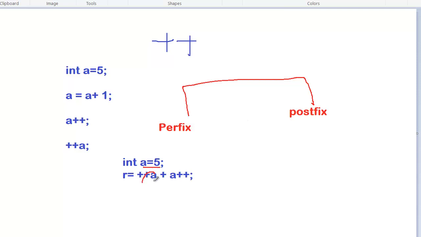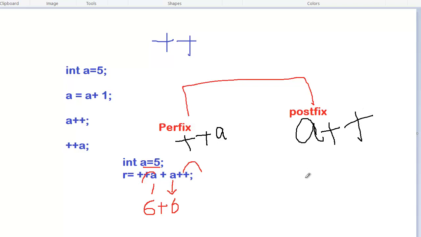First it increased to a, that changes to 6, so its value is now 6. Now it will give 6 but not 7. Why? Now it will give value first, then increase; that is called postfix. Pre means first; plus plus a has the plus symbol first, so first add. Post means later, so first give value, then add. Post means it will return the value first, then increase its value.